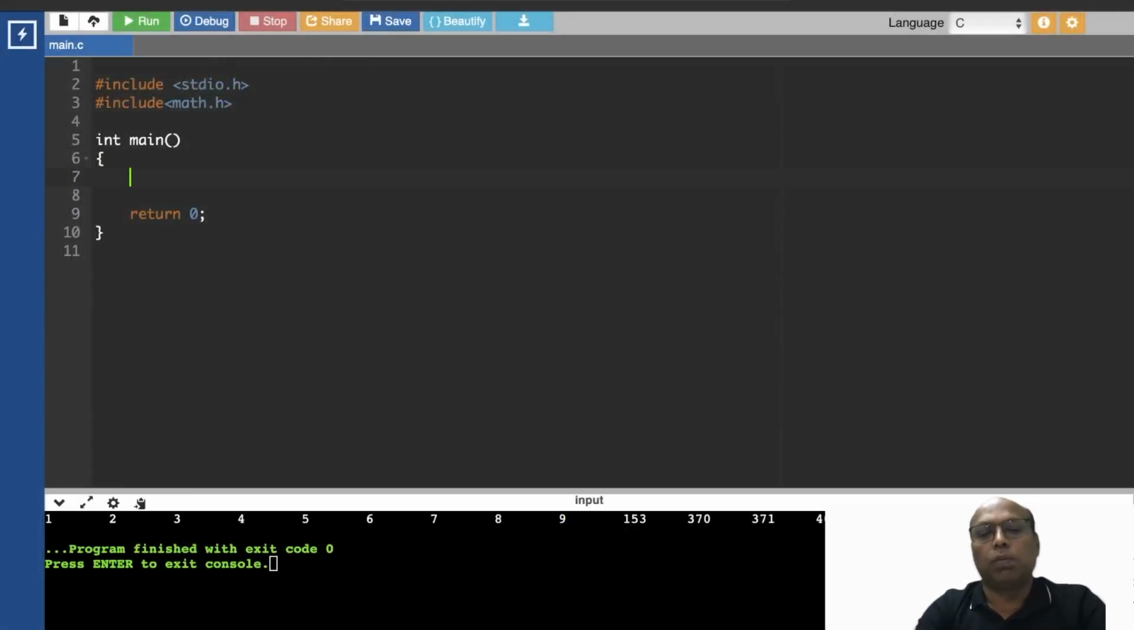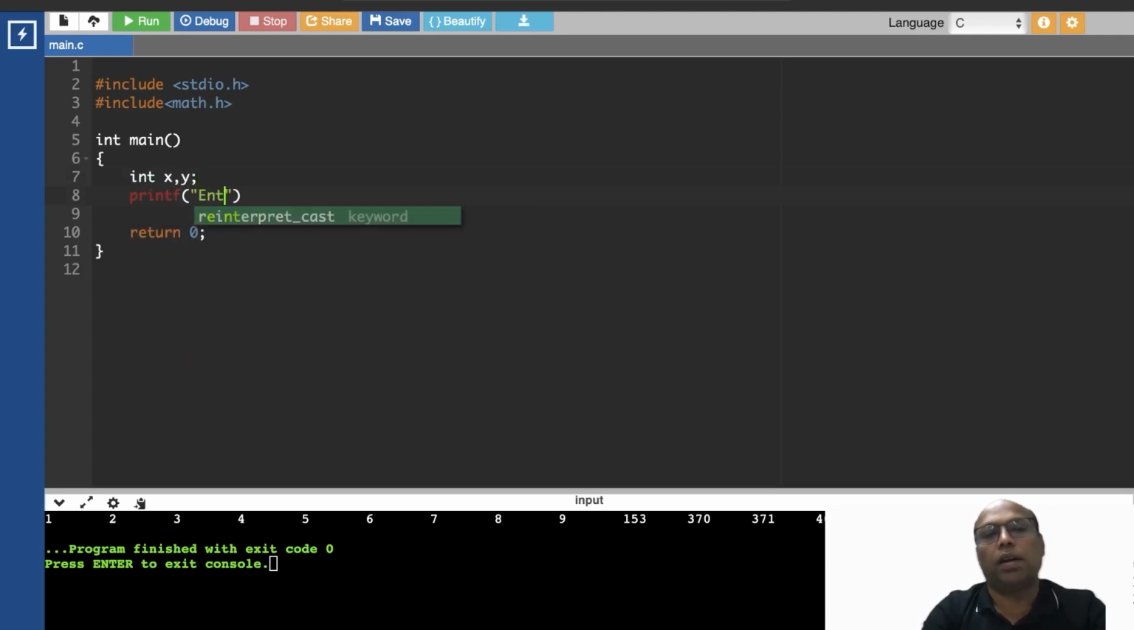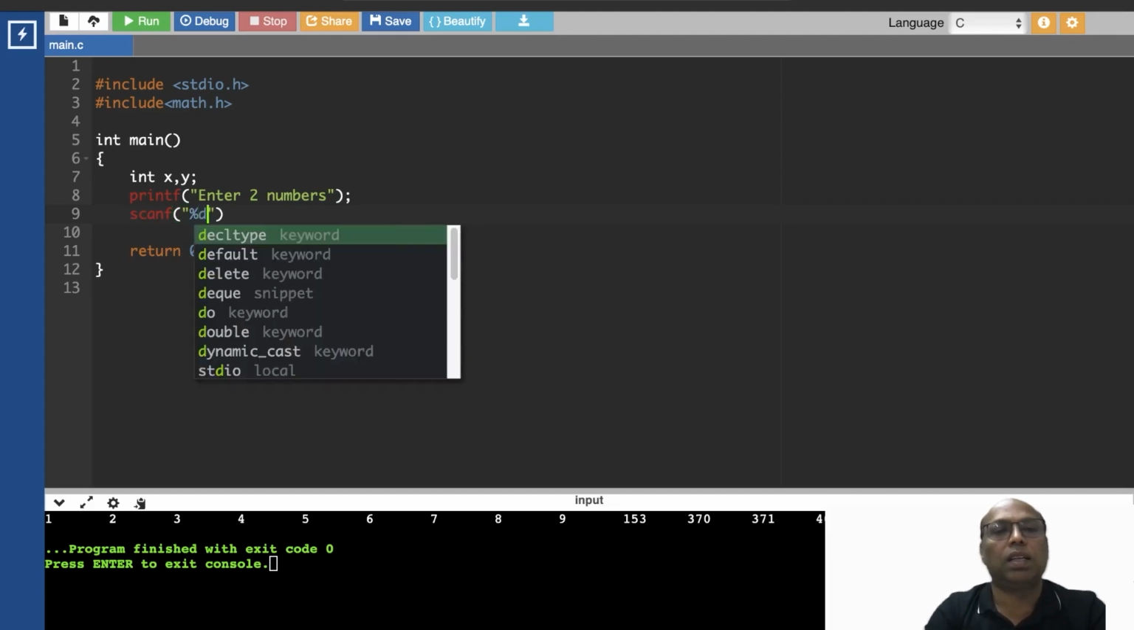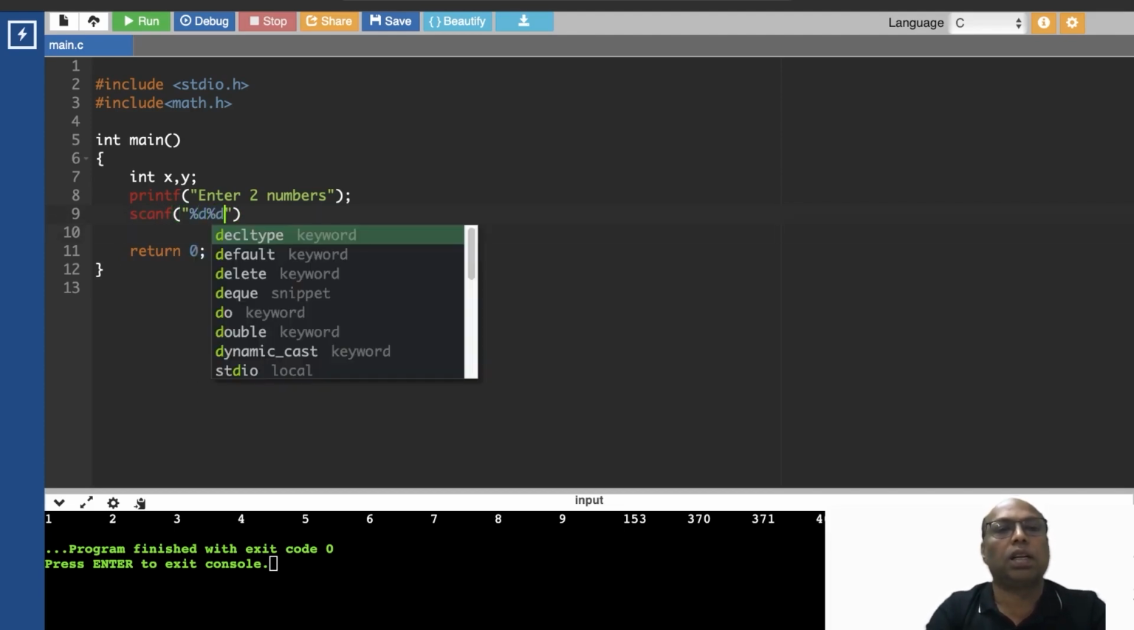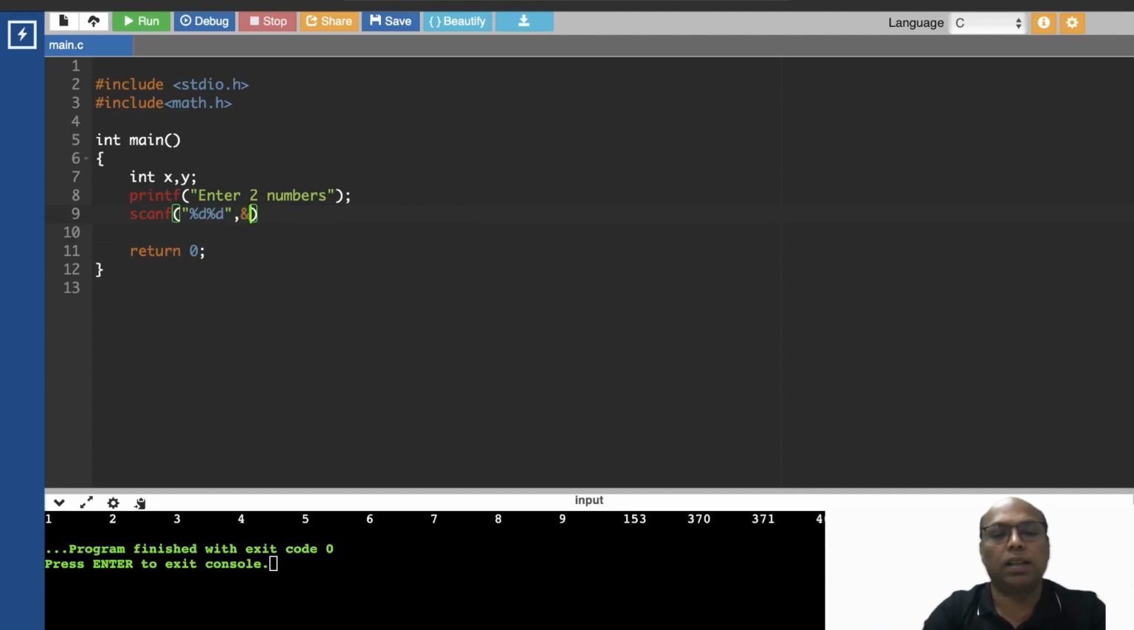So, what is the input? The input is two numbers, x and y. printf("Enter two numbers"); scanf("%d %d", &x, &y);